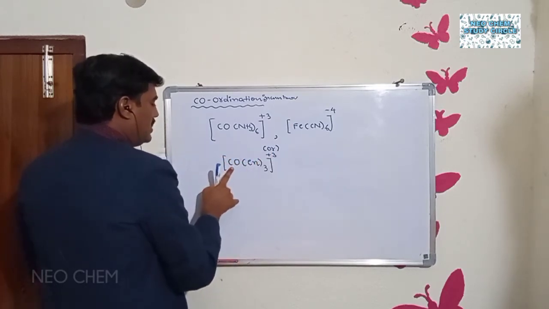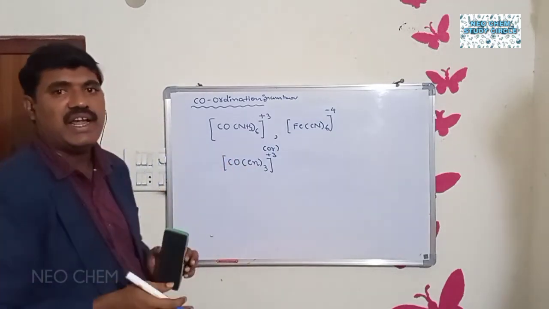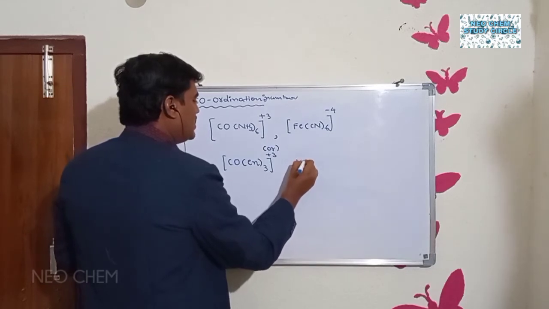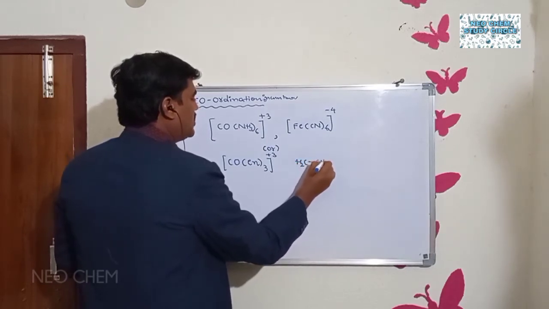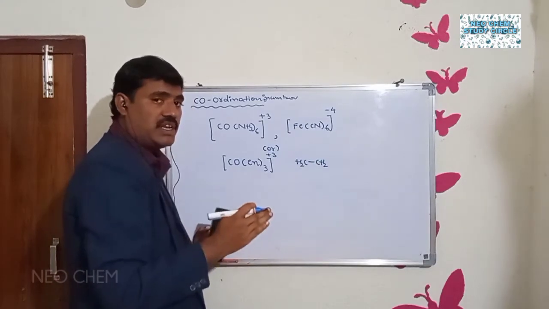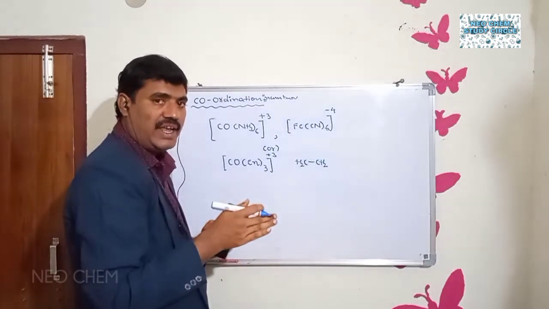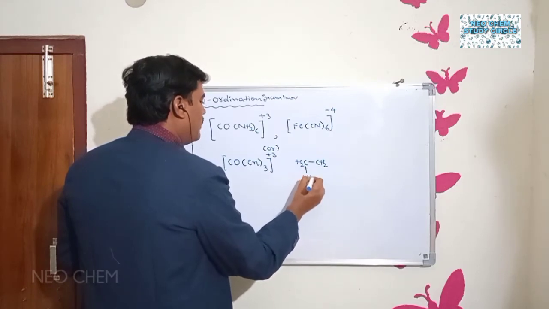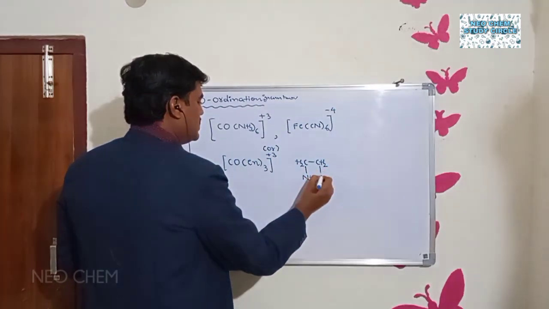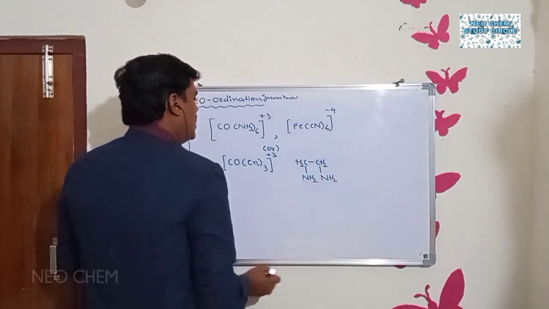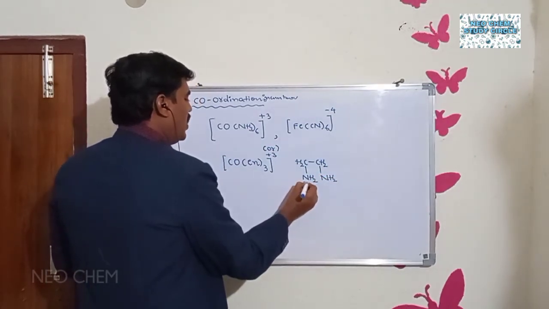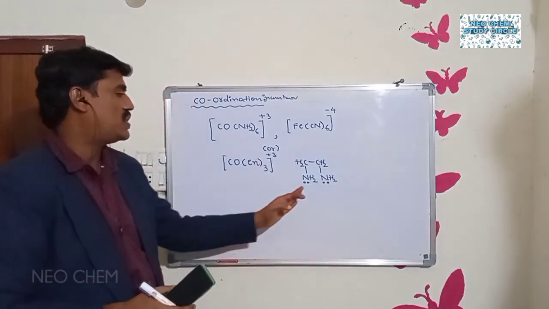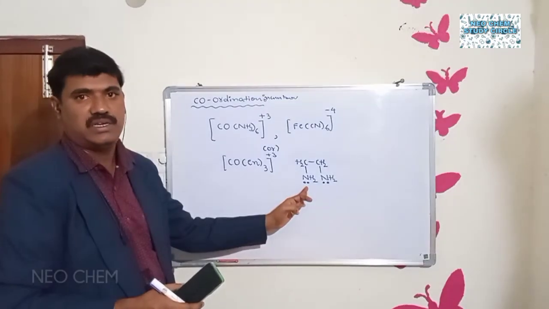Okay, this is the cobalt. En means ethylene diamine. It can be written like this: CH2 single bond CH2, commonly known as ethylene. Next, diamine, that is, it should have 2 amine functional groups like this. Each amine group carries one lone pair over the nitrogen. This is the structure of the ethylene diamine ligand.